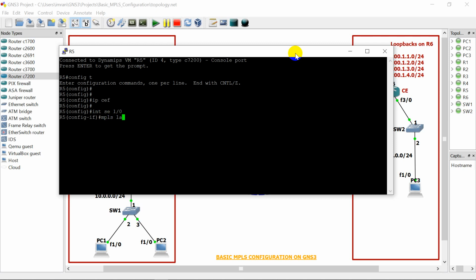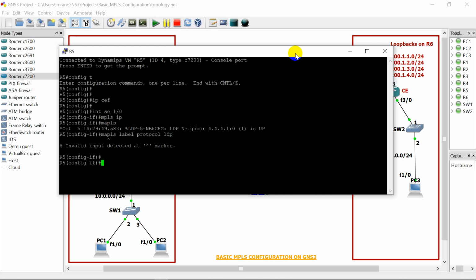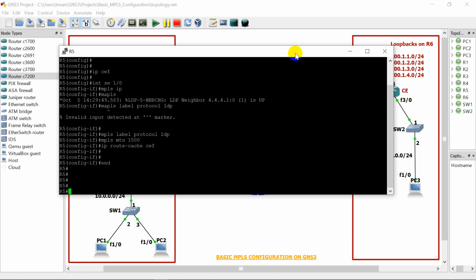MPLS IP, MPLS label protocol LDP, okay, MPLS MTU 1500, IP route cache CEF. All right,